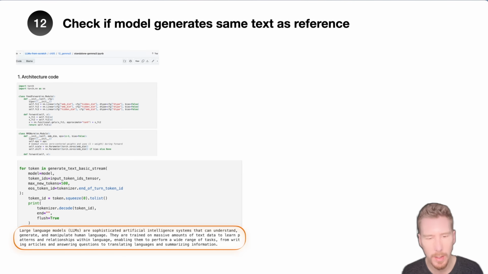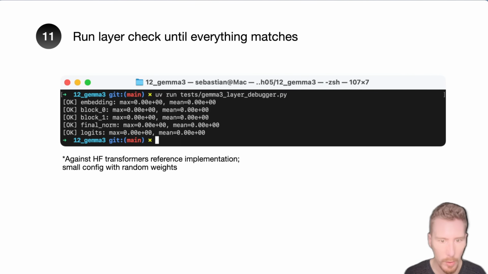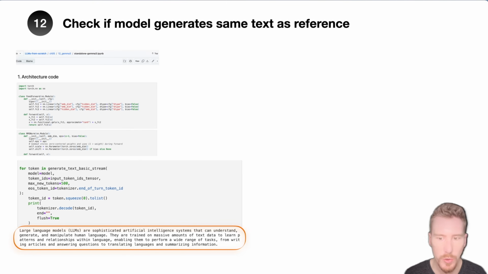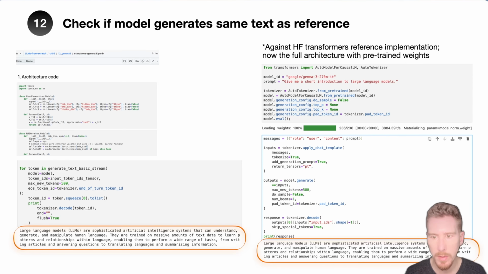In this case, the prompt again was something like, summarize how LLMs work in 2 sentences. And so yeah, it generates coherent text, which is a good indicator that our LLM works correctly, given that we also know that it produces the same outputs at each layer. But just to make sure, I would also do the same thing with the reference implementation, here using the model from Hugging Face, and then making sure both